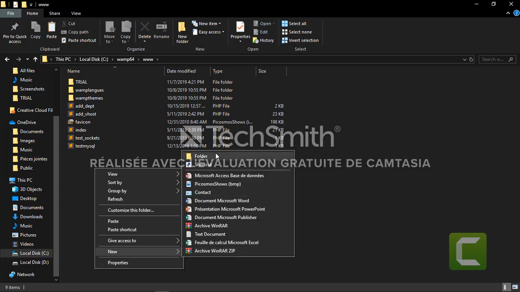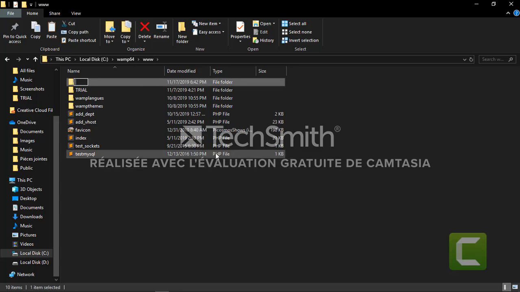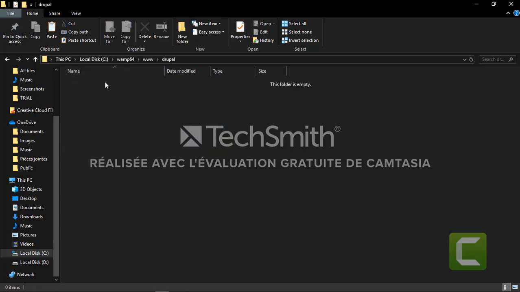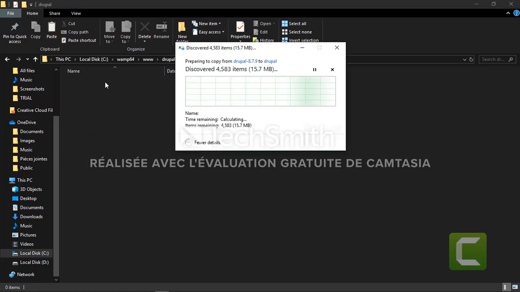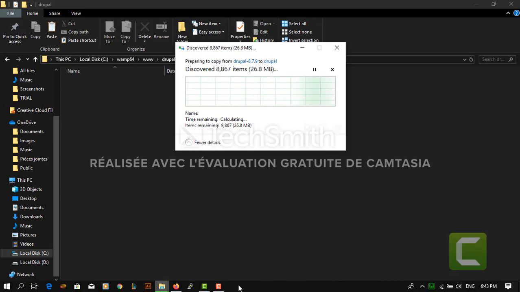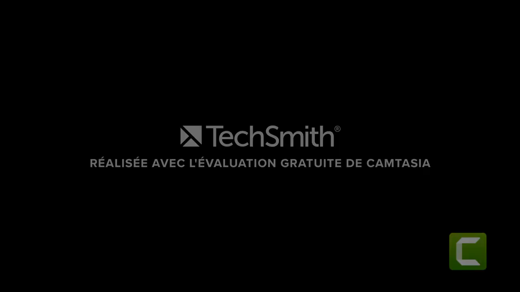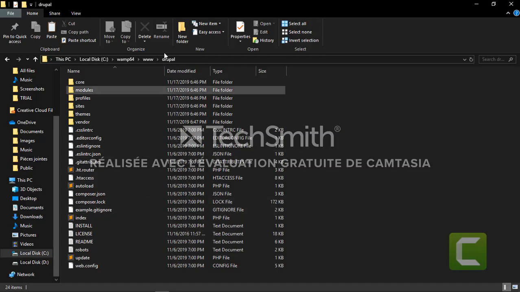So I'm going to name it Drupal, obviously because I'm working on Drupal. In this folder I'm going to paste all the files I have extracted. It may take a few minutes, about 5 or 6, I don't know, it depends on the computer. I'll be back.